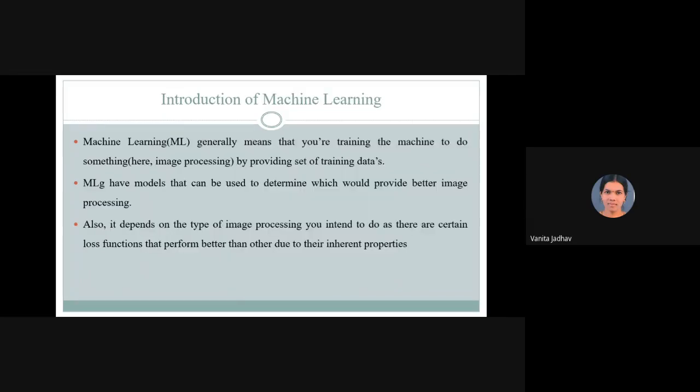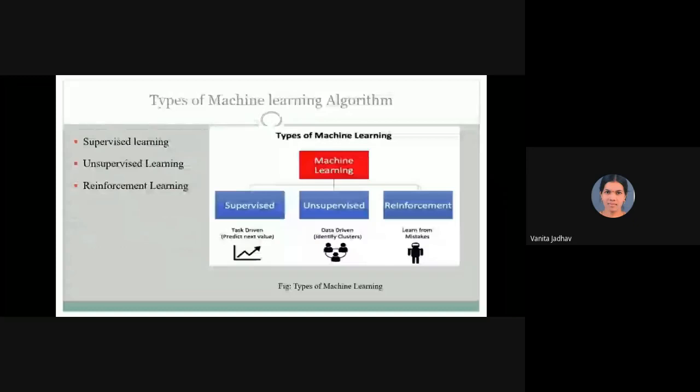So, introduction of machine learning. Machine learning generally means to train the machine to do something, to give a task to the machine to perform some action. Like here we are doing image processing by setting some training data. Machine learning has models that can be used to determine which would provide better image processing, and it depends on what type of image processing we are doing. So there are three types of machine learning. First is supervised learning. Second is unsupervised, and third is